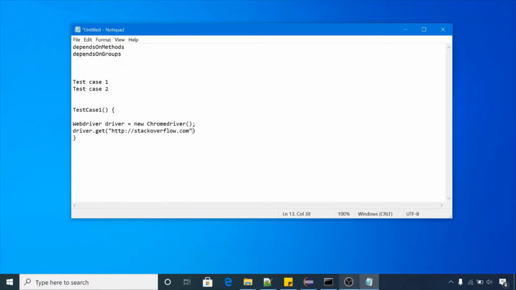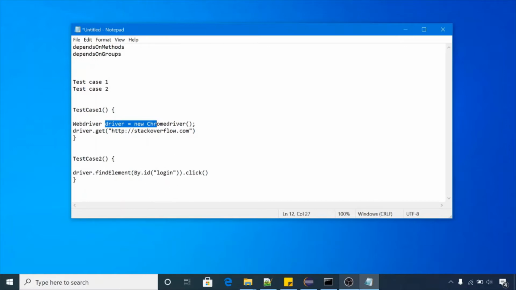In test case 2, you are clicking on the login button, so we perform driver.findElement(By.id("login button")) and a click operation on it. So test case 1 launches the Chrome browser and the website stackoverflow.com, and test case 2 clicks on the login button.